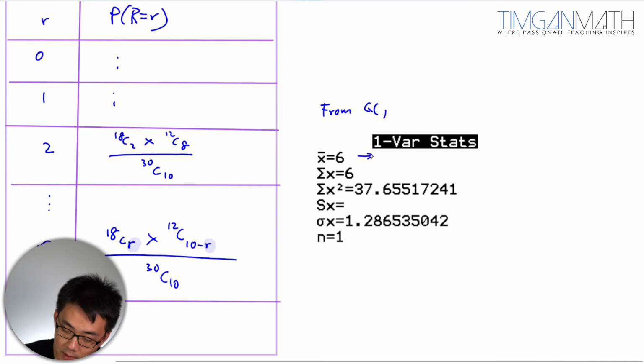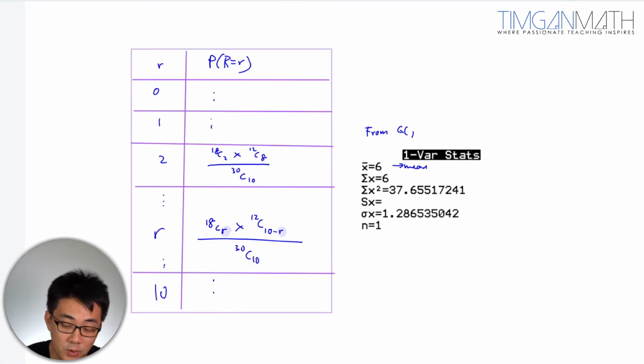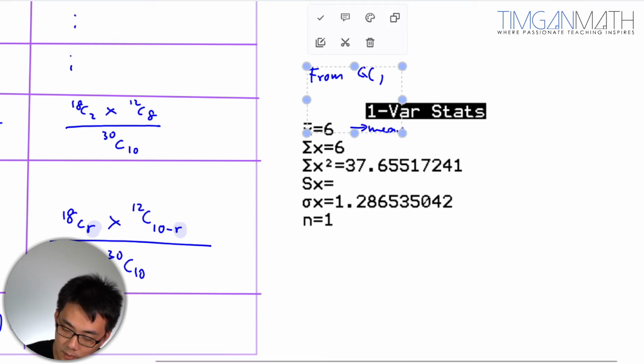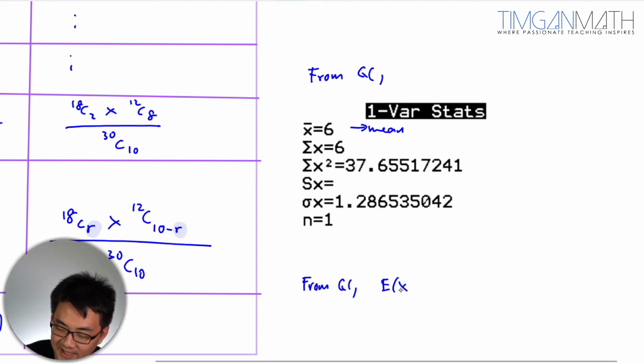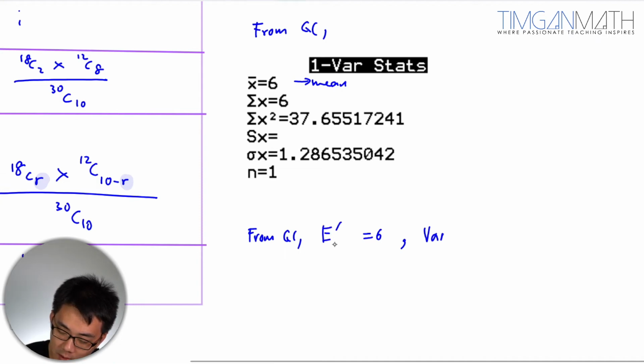Once you're done, this is from GC. Okay, so this is your mean. Make sure that this is 1, because it's essentially the sum of all the probabilities is 1. So that's why just make sure it's 1. Then the mean will be, hence from GC, the expectation of R is 6. And the variance of R, sorry, the expectation for R is 6. Variance of R would then be